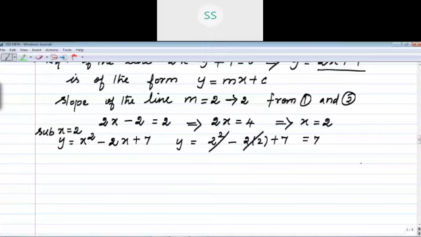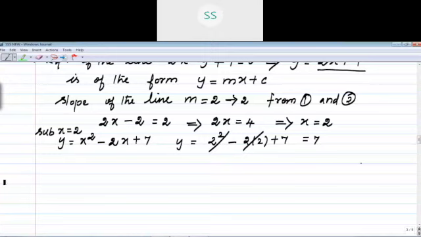You got it as what? Slope also you arrived. Point also you got. You want to find the equation of the tangent. One more thing I want to recall for you. The tangent is parallel. That is given. That's why you are equating 1 and 2, right?